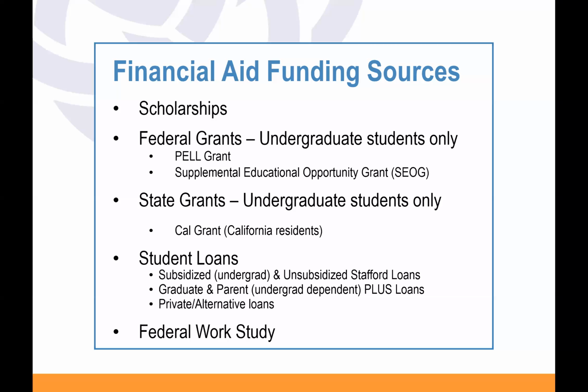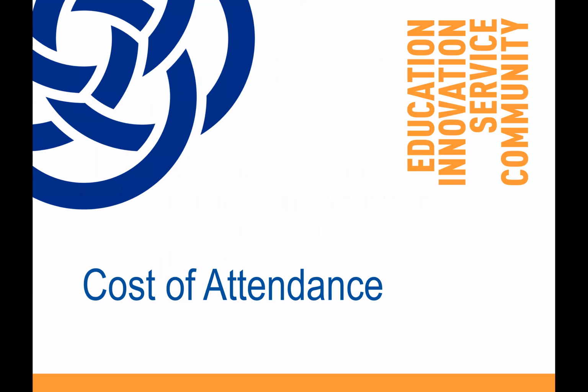Lastly would be the federal work study program. We do take that as well, and you can apply for that on our website. If it's not available, contact us if you're interested in federal work study, and we'll determine eligibility. However, the financial aid department is not responsible for looking for the jobs, right? So you would have to reach out to the departments directly once you know that you're eligible for federal work study.